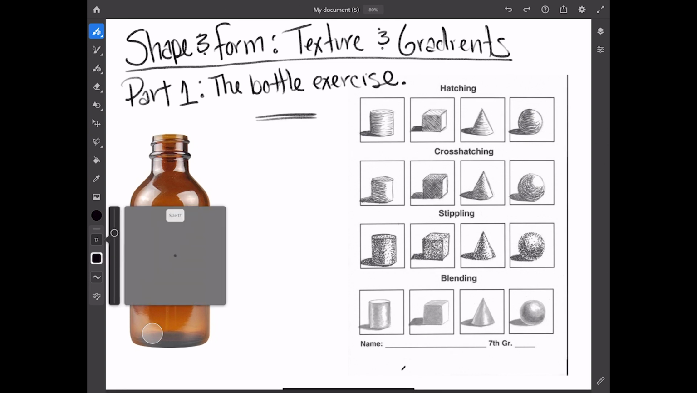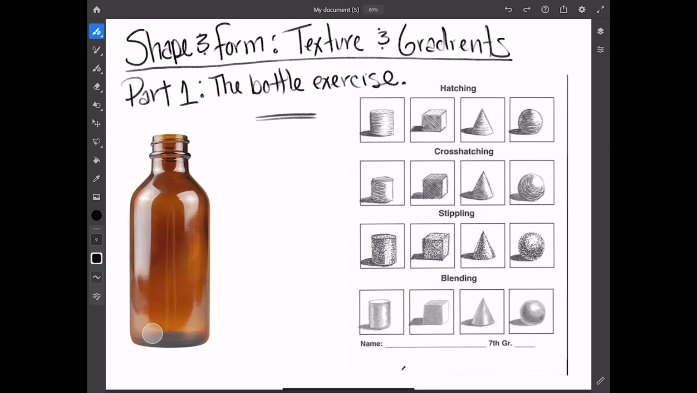Actually, let me make my pencil a little bit smaller so you guys can do this. I would suggest using a darker pencil, maybe your 2, 3, or 4B, for the hatching, cross-hatching, and stippling. In fact, I might even have you use your fine point Sharpie for the stippling. And for the blending, you can use your darker and lighter leads. So anyways, let's practice